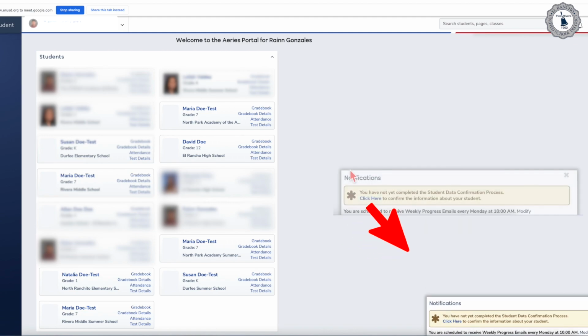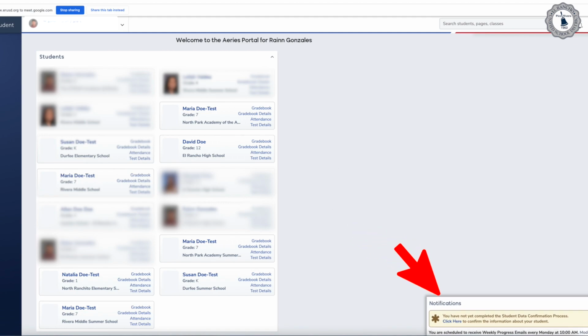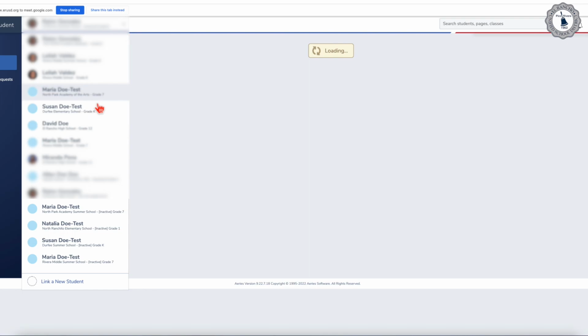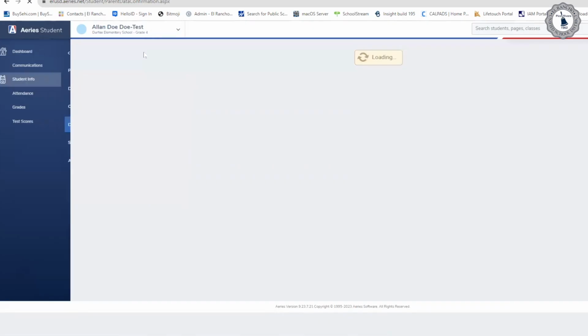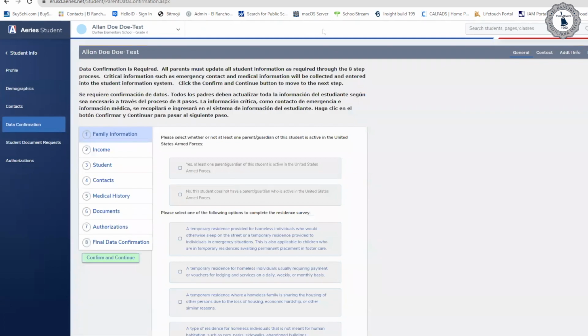Once you've logged in, you should see a notification that tells you you have not yet completed the student data confirmation process. Place the mouse over Click Here to proceed with confirmation. If you have more than one child, you may choose which student you'd like to proceed with on the top left-hand side. When the parent or guardian enters a data confirmation page, a menu of tabs appear down the left